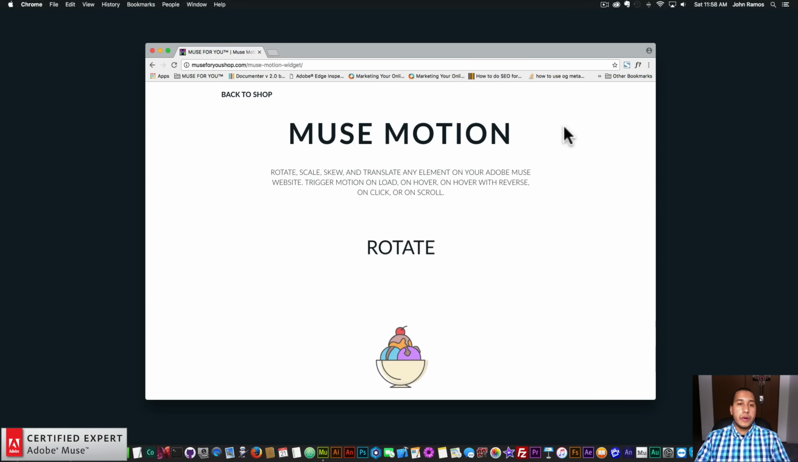And in this video tutorial, I'm going to go over the new update to the Muse Motion widget. It is now using the GreenSock animation platform for the animation engine. So there's a few different widget options, and there's actually more you can do with it. So the Muse Motion, you can rotate, scale, skew, and translate any element on your Adobe Muse website. You can trigger the motion on load, on hover with reverse, and I'll showcase this in this tutorial, on click,